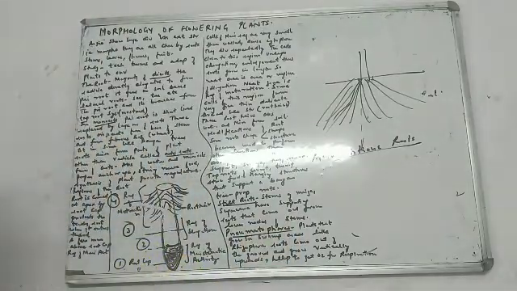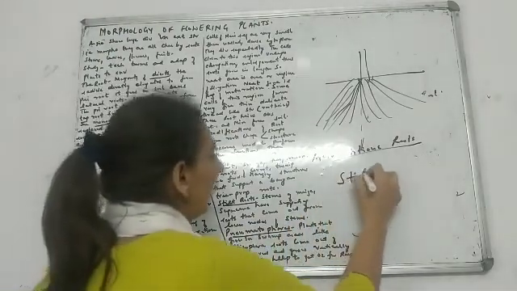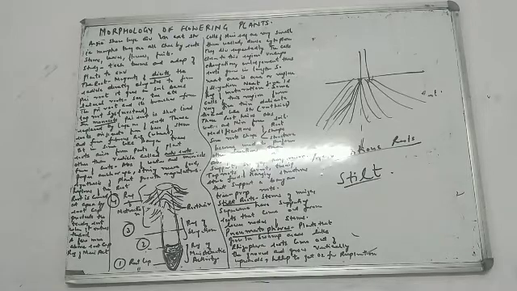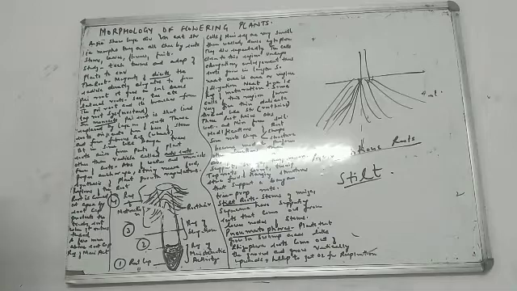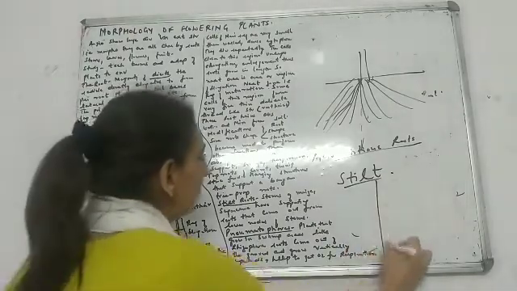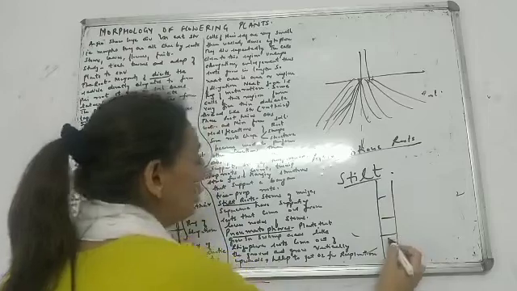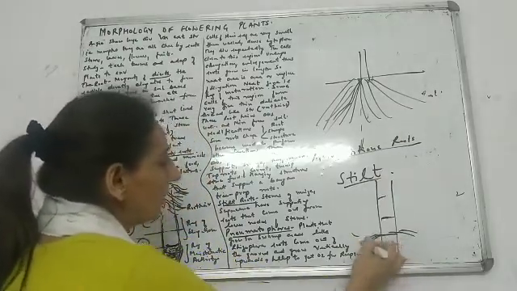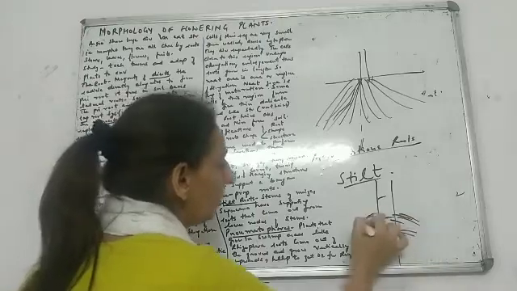What are stilt roots? S-T-I-L-T. The word is stilt roots. Stems of maize and sugarcane. We are talking about maize and sugarcane. The stems of these plants have supporting roots that come out from the lower nodes of the stem. See, this is the stem. There are nodes. I am talking about the lower nodes, not the higher ones. From the lower nodes, some of these roots start coming out.